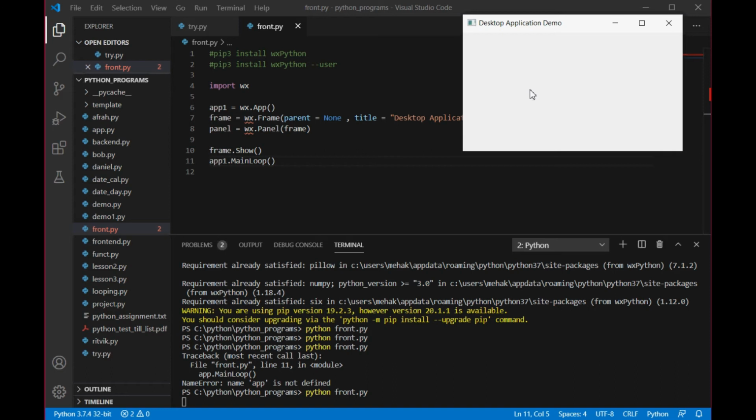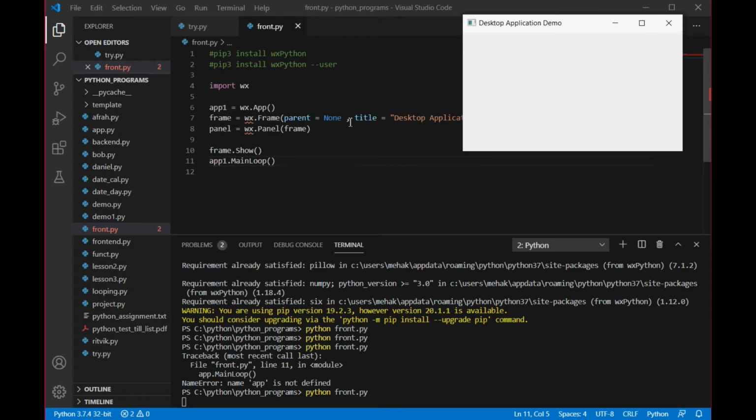We are going to create boxes, we are going to create labels like we do have here. We have the buttons, that is Explorer. When we click on it, something is happening, right? So in a similar way we are going to create these kinds of things in this application.